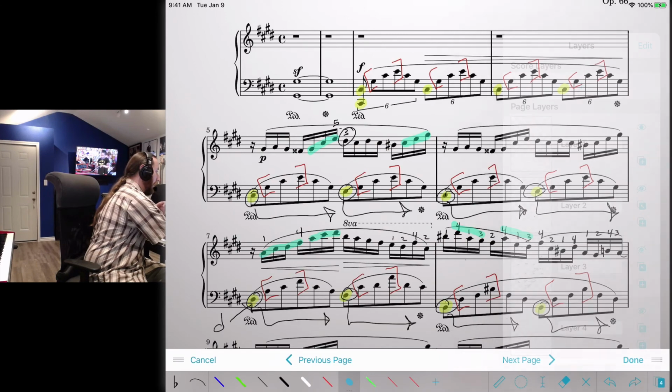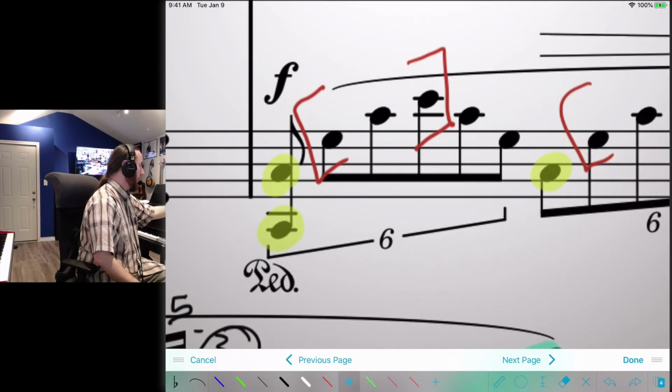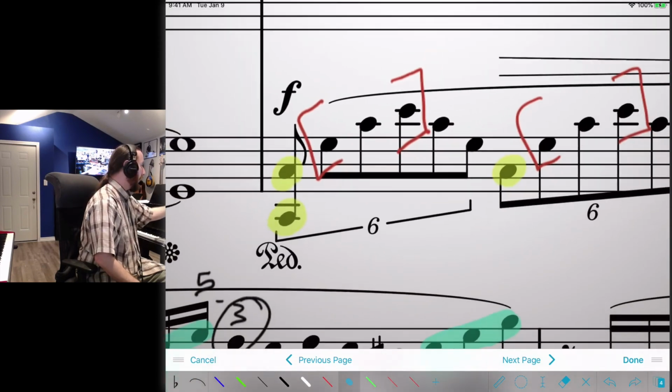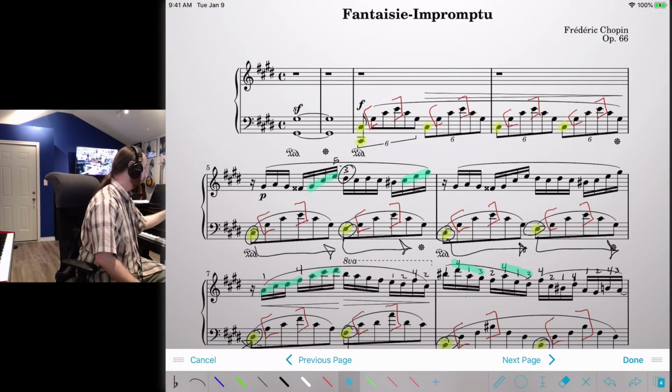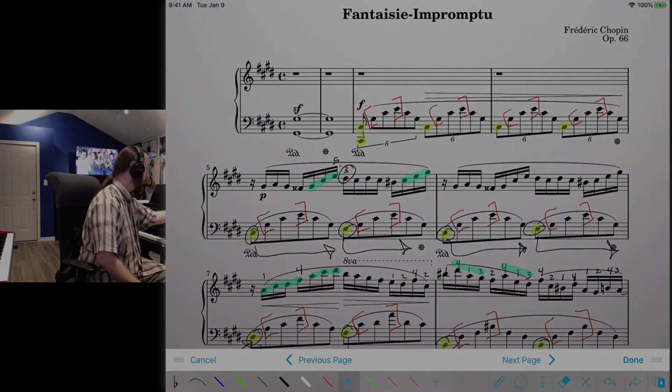So get out of that for a second. We are identifying arpeggios and working on